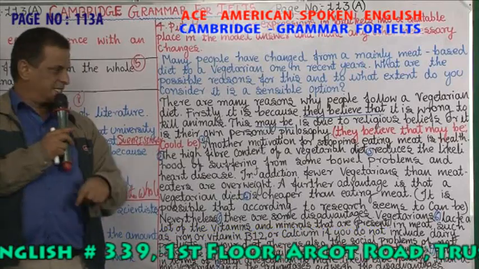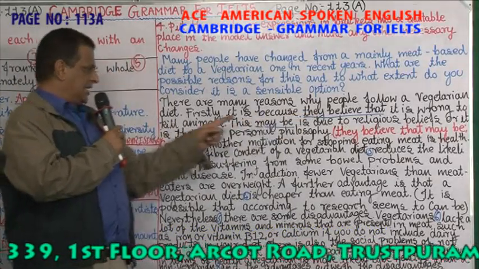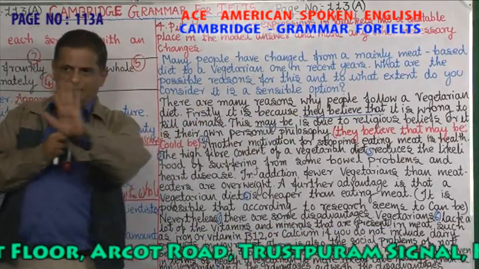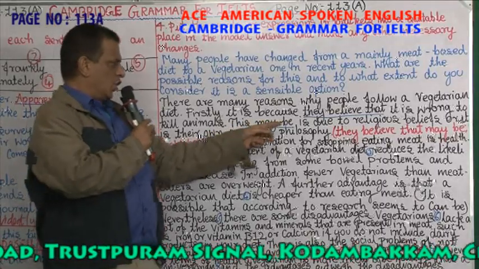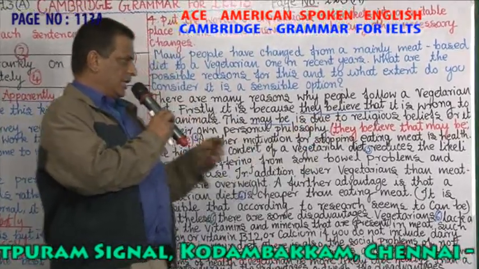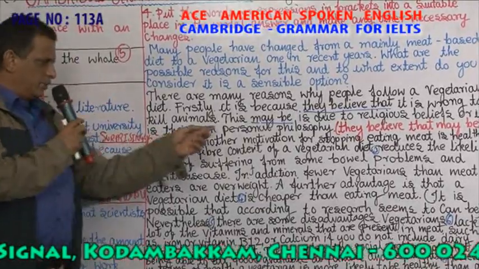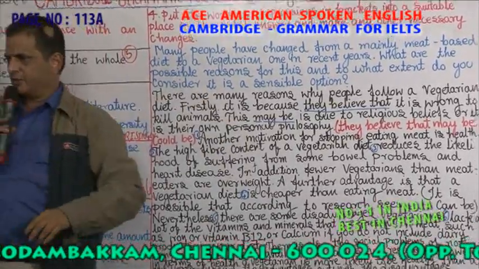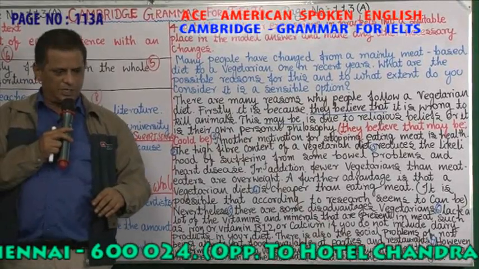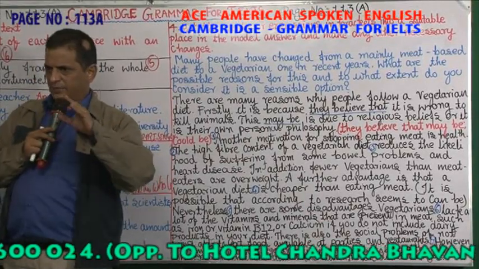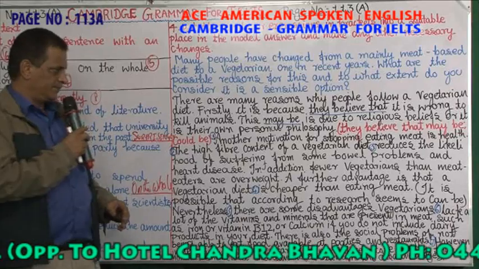Firstly, you are saying the first, it is because they believe that it is wrong to kill animals. This may be religious beliefs or it is their own personal philosophy. Able to understand? So, killing animals, it is wrong. Maybe it is because of their religious beliefs, right? Killing the other living being is wrong. So,